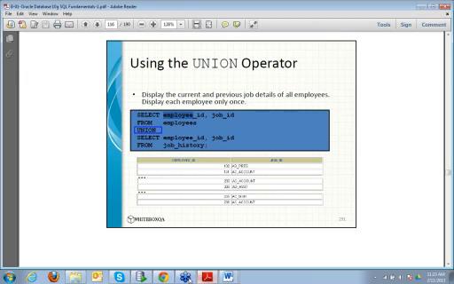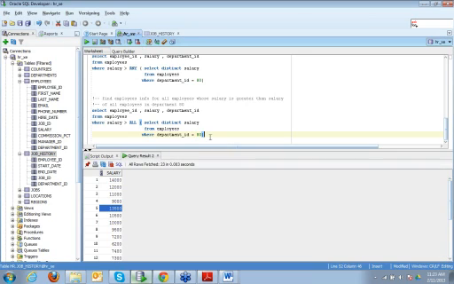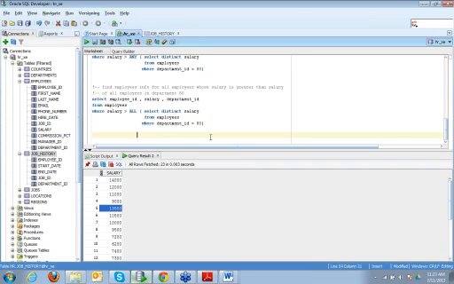And I can run this query for you here. Display the employees' info who have changed their job positions.